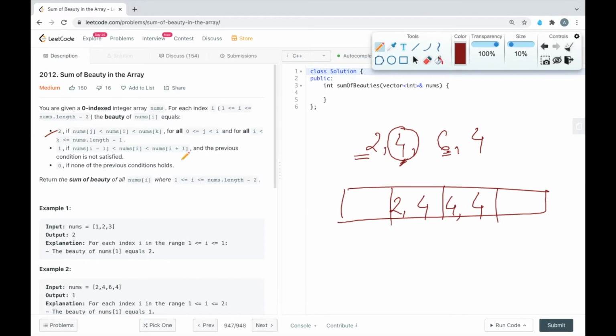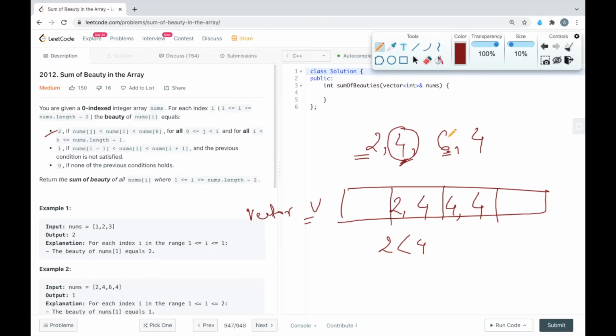Number 1. So if we have to check condition number 1 for 4, then what we can do is compare the first element of the given vector, let's assume this as vector v, and vector v first element is 2. So we can compare this 2 with the 4, and this is greater, so the first part of this condition holds.